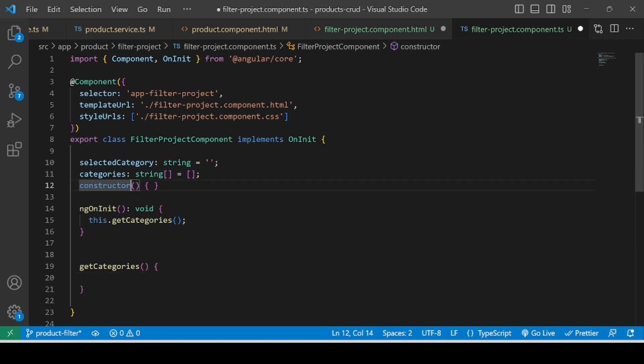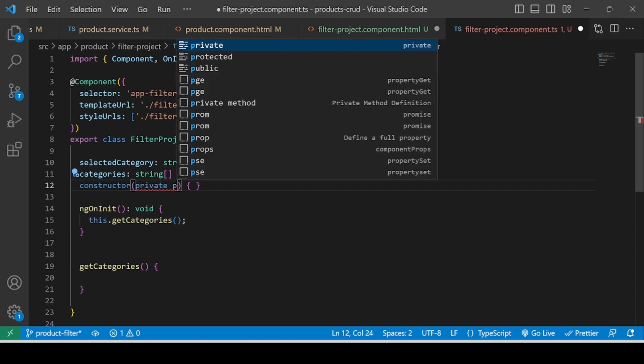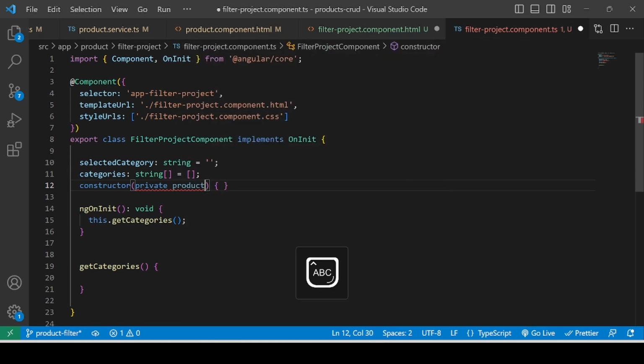For that, you have to add in the constructor. So private productService is ProductService, just importing it,